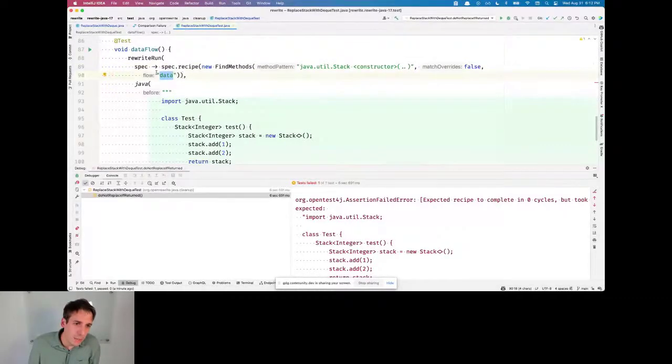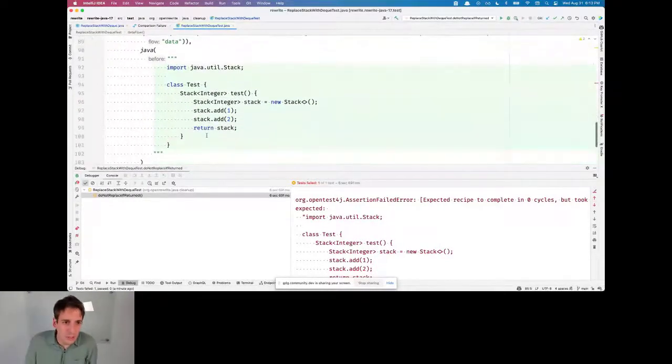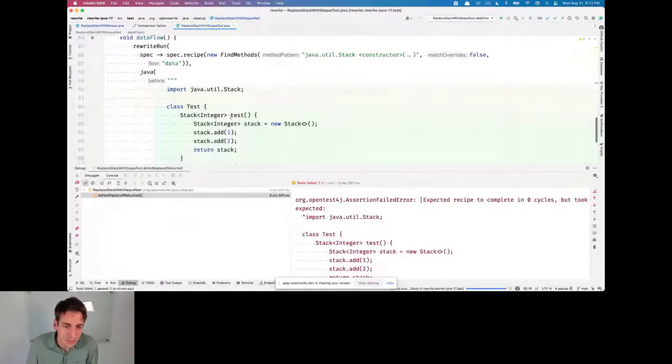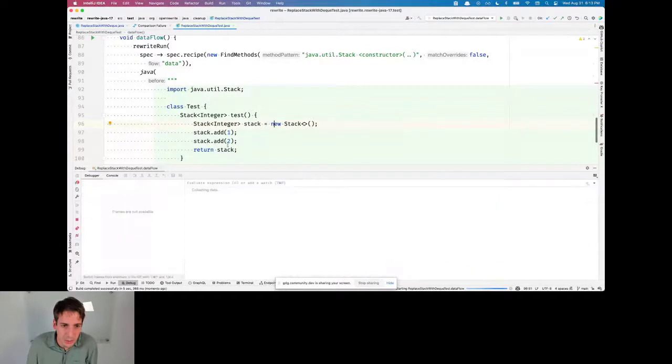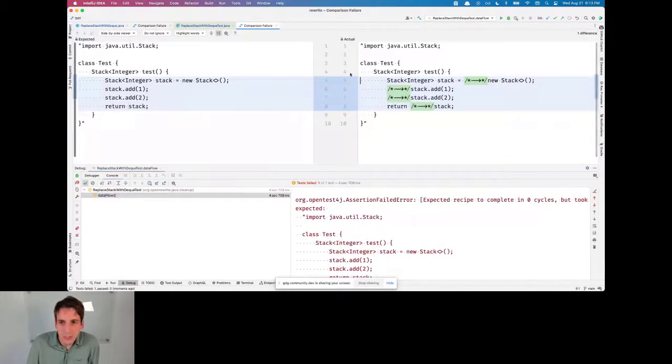And I want to describe the data flow. And I'm going to run this test here. And right now I've asserted that it doesn't change anything. So it is going to find some data flow. And I just want to show you what the diff looks like, so you get a sense of how we're able to track the use of this variable through the remainder of the method. So here you see, we found the stack. This is the method I was looking for that I put in the find methods, and we're able to follow its use. We add something, oh, and it gets returned.